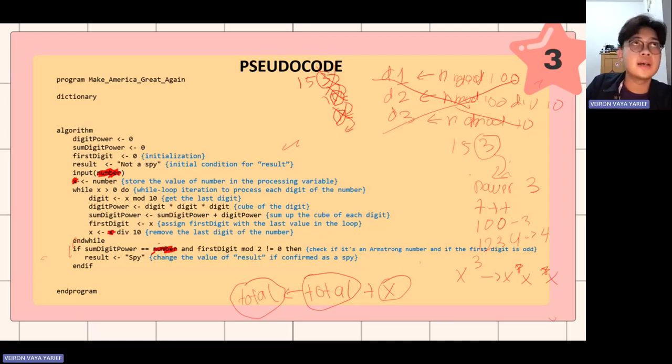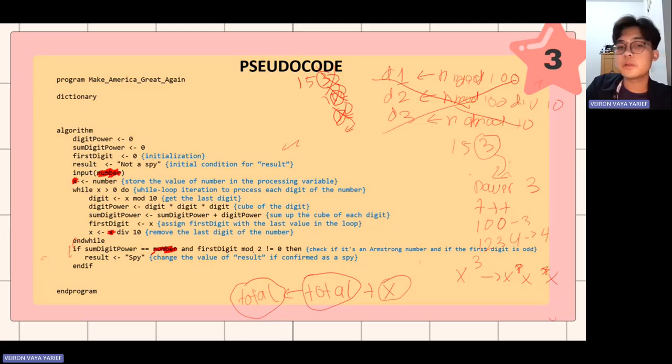But the request of the problem, whether it's a spy or not a spy, is that it needs to take the first digit, and if it's an odd number, then we change it to become a spy. So result equals spy if the first digit mod 2 doesn't equal 0. If it equals 0, it's an even number.